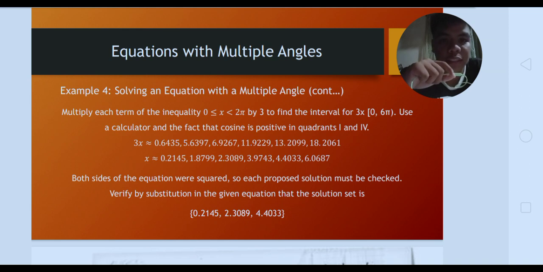3x is approximately 0.6435, 5.6397, 6.9267, 11.9229, 13.2099, and 18.2061. And x, which was divided by 3, is approximately